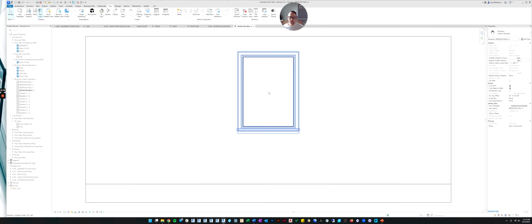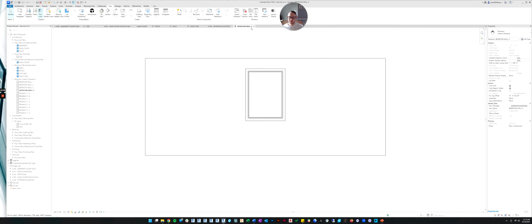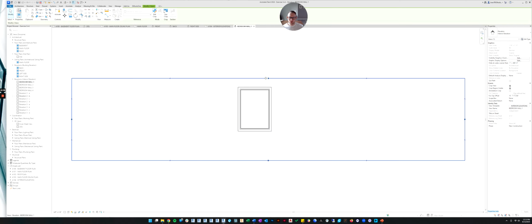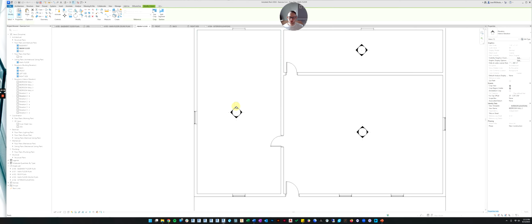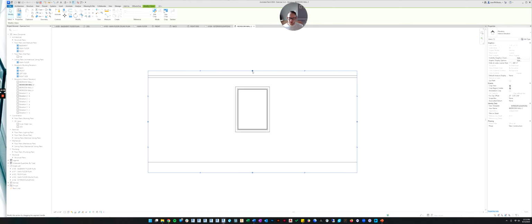Okay, so unfortunately, it doesn't know how to crop anything based on the view template. So you still have to come in and correct the crop regions. So let's do this last one. This one, oh, this is the one we started with, I think. So did we do all four? I think we did. Oh no, we didn't do this one. So it does a pretty good job at cropping at the ceiling, but it doesn't quite get the floor right.